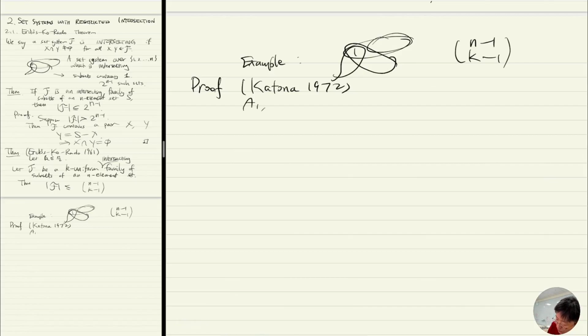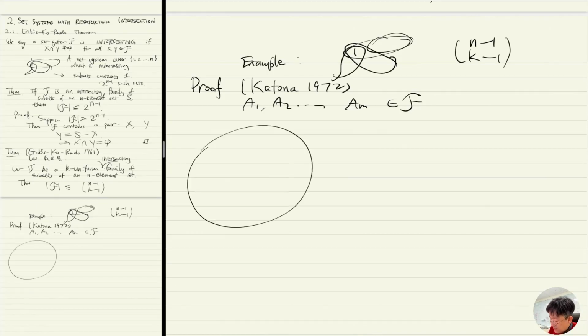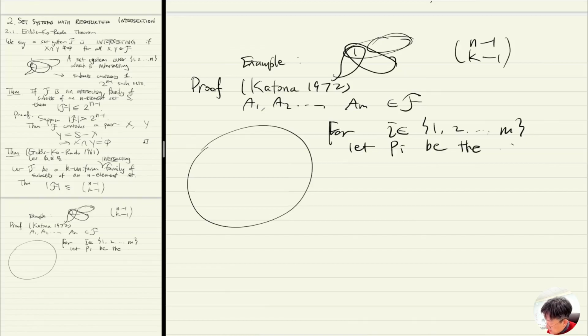So let's say A1, A2, ..., Am. These are the members of this family. All right. So now I'm thinking of the circle. So for i in 1 up to m, let Pi be the set of all cyclic permutations